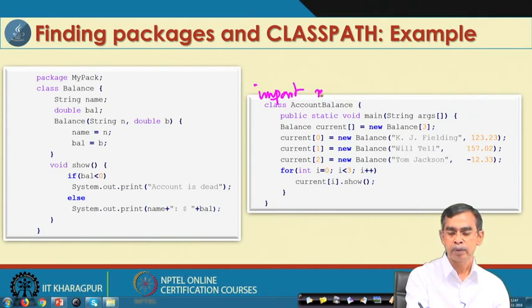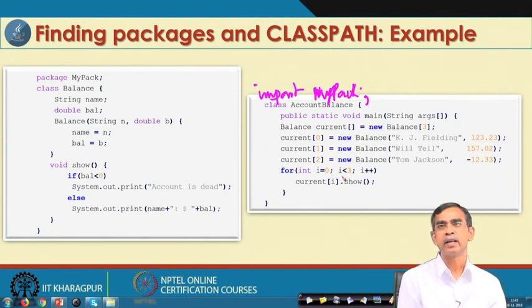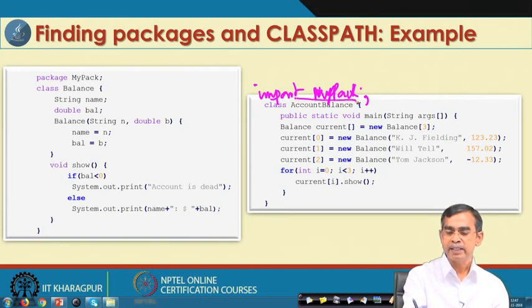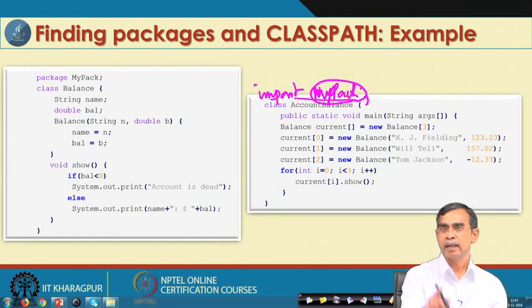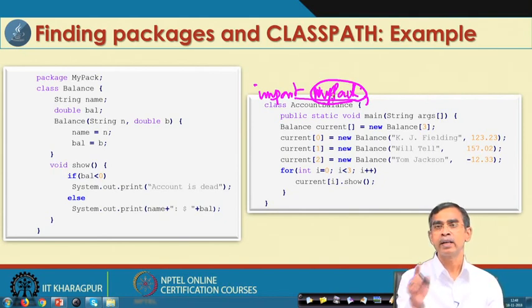So, import mypack, and then use it. Once import mypack is mentioned, the Java runtime interpreter will consult where this mypack package is located.